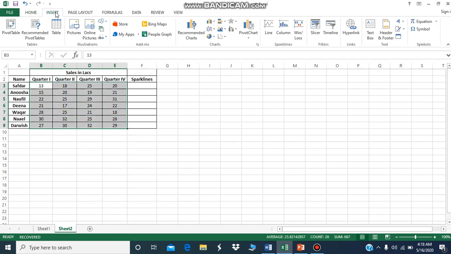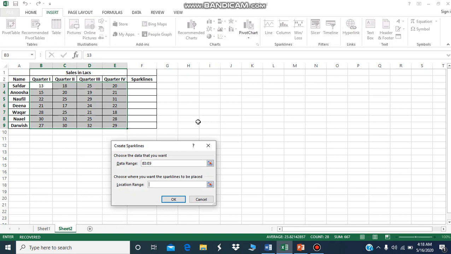Click on Insert tab. You can see option of sparklines. You can choose any sparkline of your own choice. Let's select column. Now give it a range.